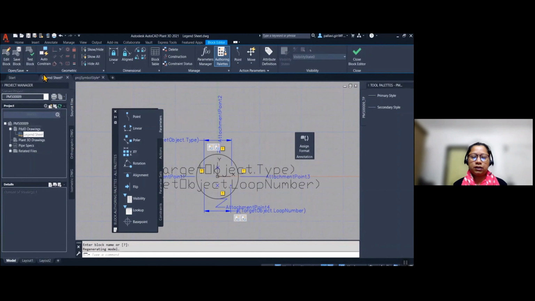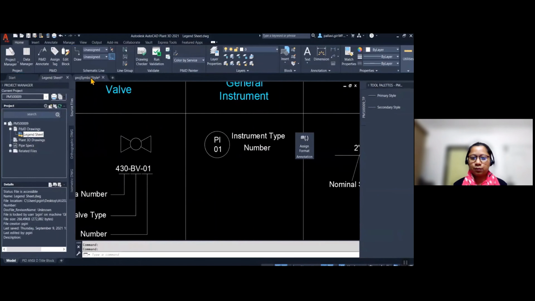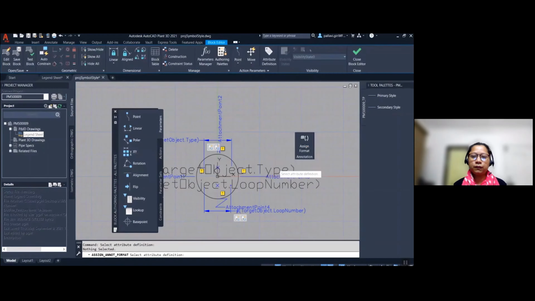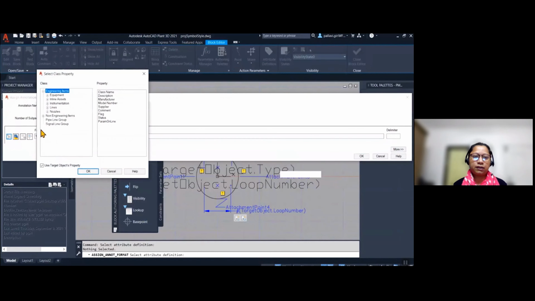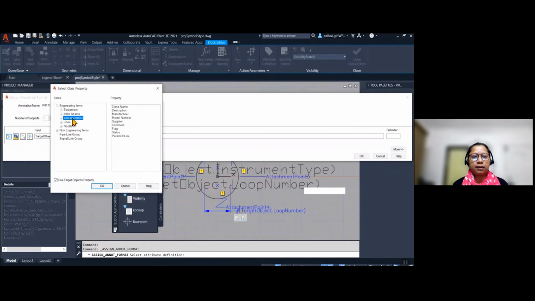So in our legend sheet, we can check the instrument type is the first property and the number is second. So we are going to add the same thing in this symbol. So we need to click on the assign format, then go to the instrumentation, select the exact property which we want. And the second property is our number.